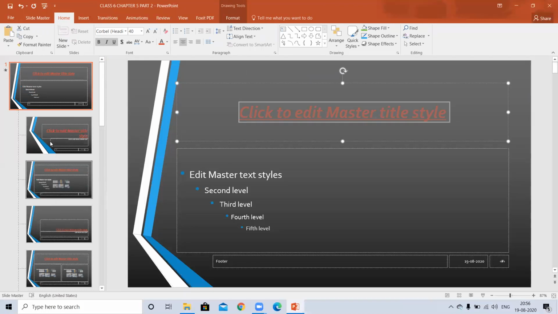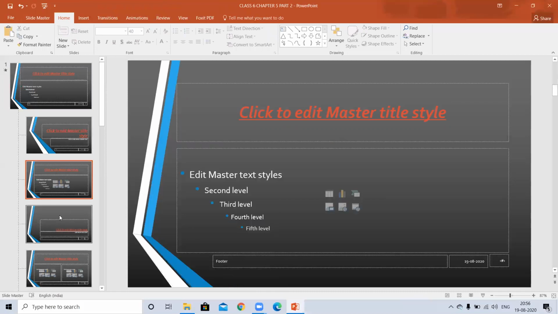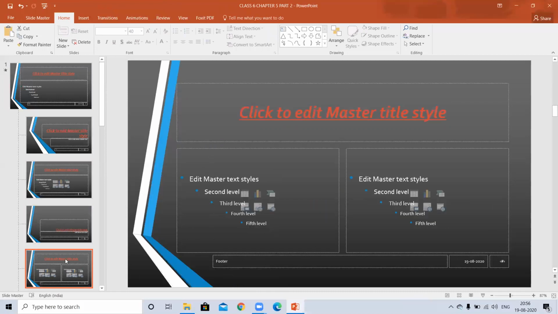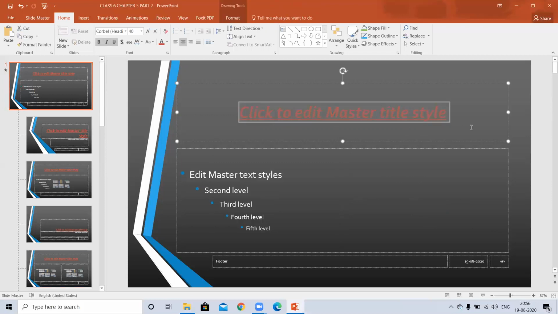In all the slides, titles are underlined and now converted into red color. Can you see that all the slide titles are in red color and all are underlined, bold, and italic? Yes.